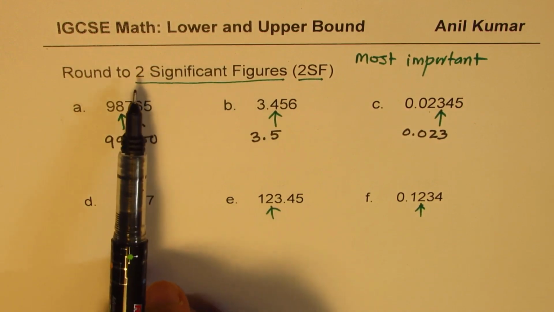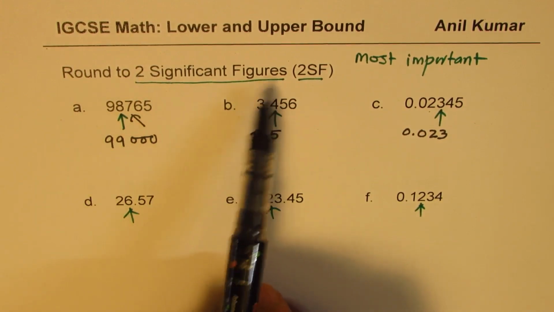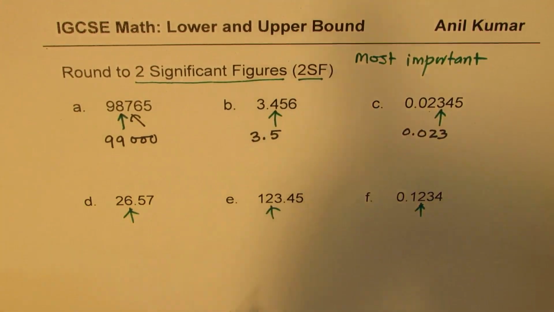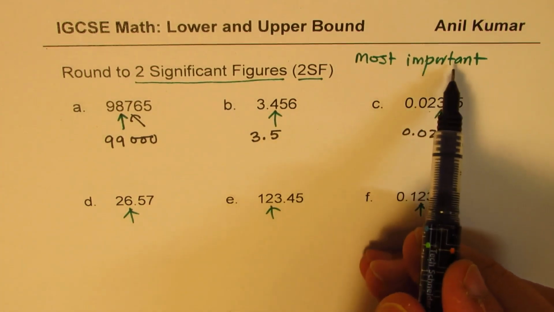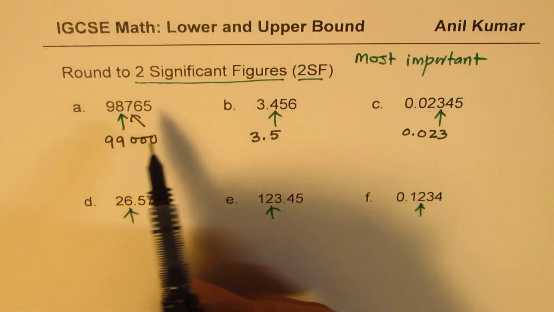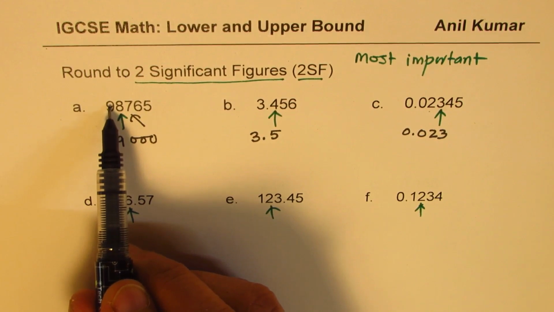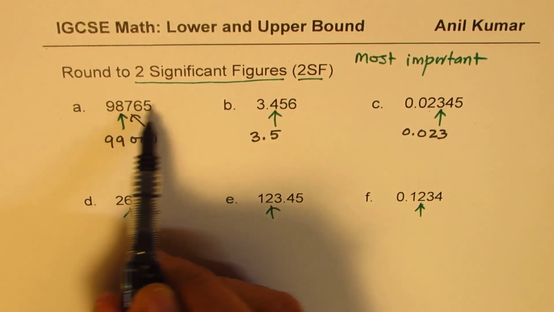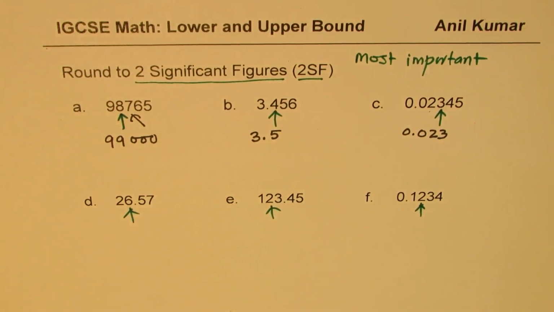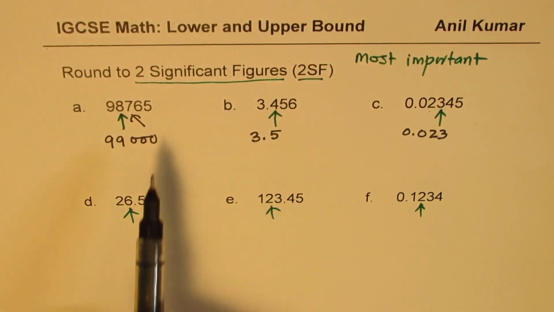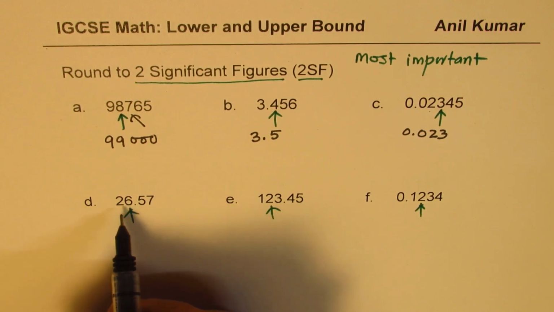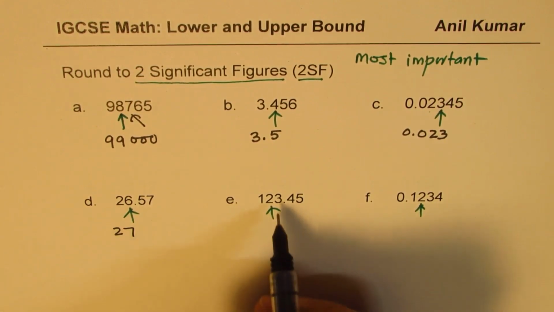However, let's understand the significant figure number. It is taken from the left, right? So most significant, most important, from the left side we go, right? So this is the first significant, second, third, fourth, fifth, like this. I hope the concept is clear. So taking that into consideration, you can round these to two significant figures, and here we'll get 27. Here we get